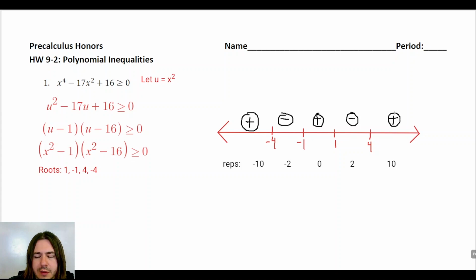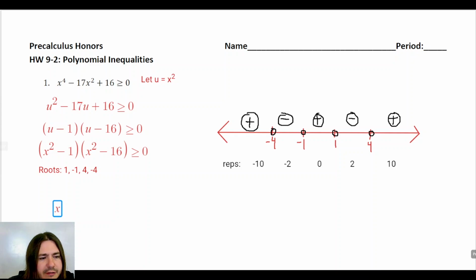So at each of these x values, the value of the function is 0, which is important for this particular question because it's saying when is the function greater than or equal to 0. So we want to include not just the intervals for where it's positive, but also include these endpoints where it actually is 0. So the way I'm going to type my solution set is I'm going to say x is